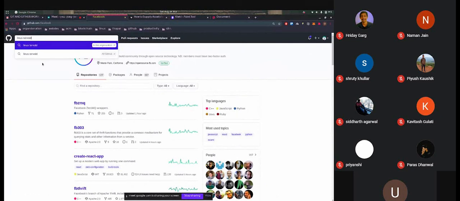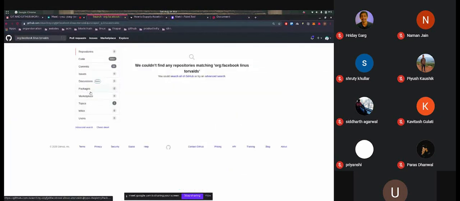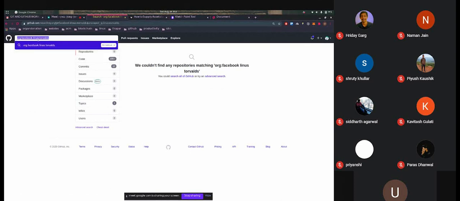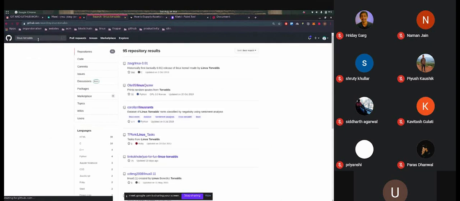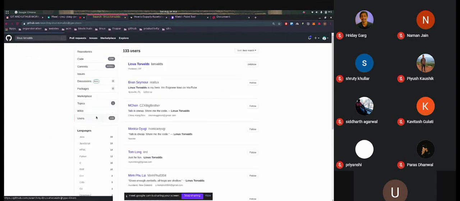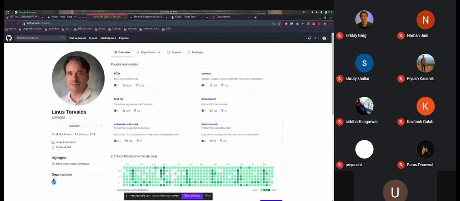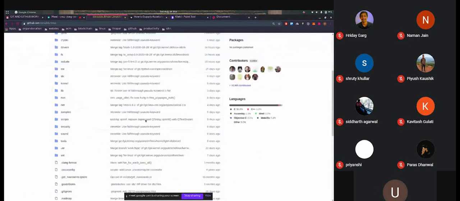Similarly, just a second. This is the code of the Linux kernel.